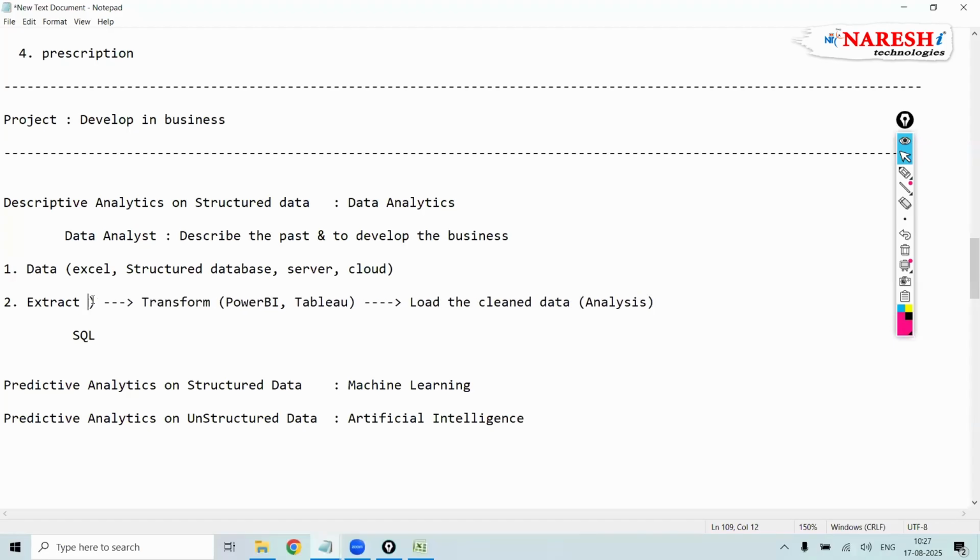Within the extract, we are going to do the data extraction, meaning we are going to collect the data. In the transform, we are going to clean the data, or convert the data from one format to another format. That is called transform. And finally, we are going to load the clean data for our analysis purpose. So in order to extract the data, what do we require? SQL. For data cleaning and data analysis, all these things, we require